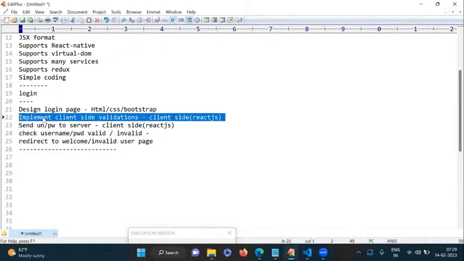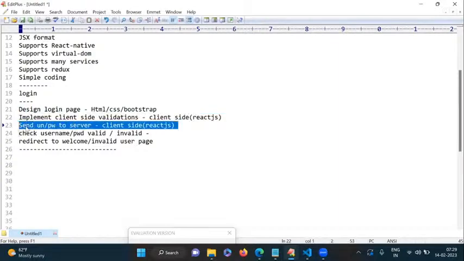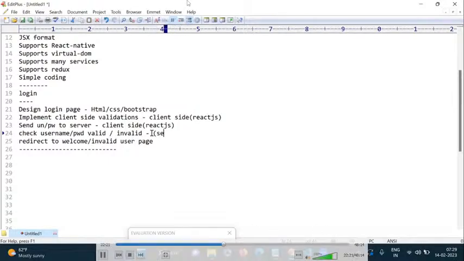So from the validations point of view and for sending data to the server, we use Ajax to send the data. The data is the username and password values. We send those values to the server. That time, Ajax means the client-side script we use, that is React.js. Next, check whether the username and password are valid or invalid. From this point of view, a server-side program is executing. What's that? A server-side program is executing. Okay, so